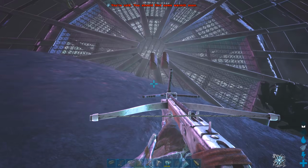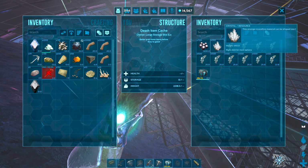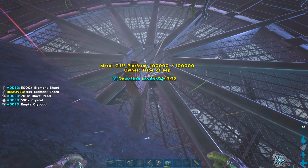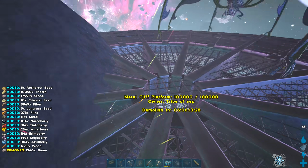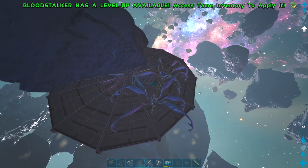Alright, 2 bags. It's got to be something. I've got nothing right now, so... Ooh, element shards. Interesting. Oh, that's actually kind of useful. Ah, no, actually. I thought it would be useful for my motorboat, but I'm not making one of those. And just general resources. A little bit disappointing. The guy's probably done the smart thing and uploaded himself with stuff, so...